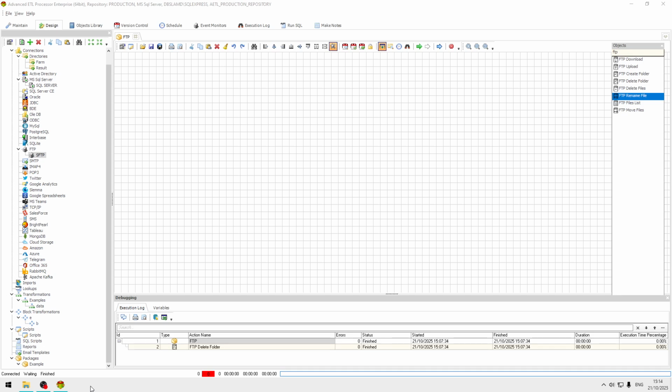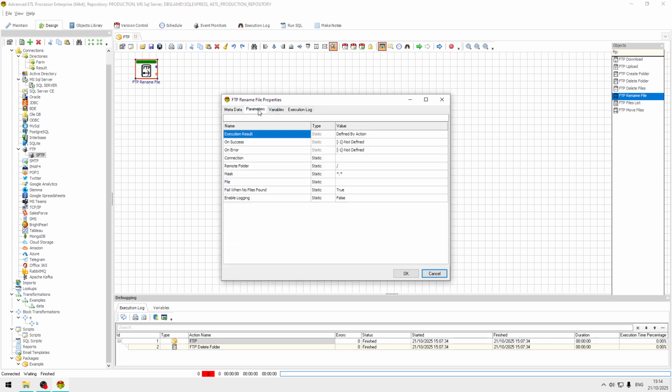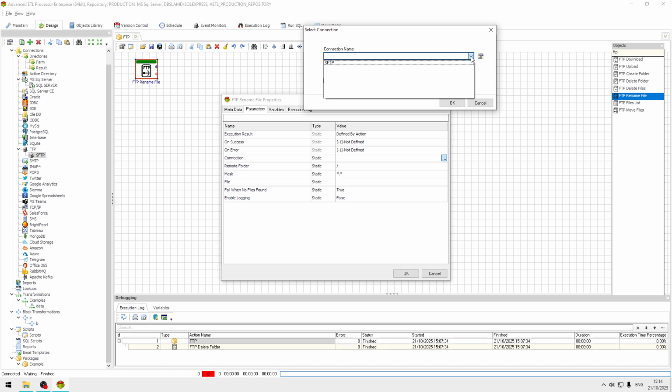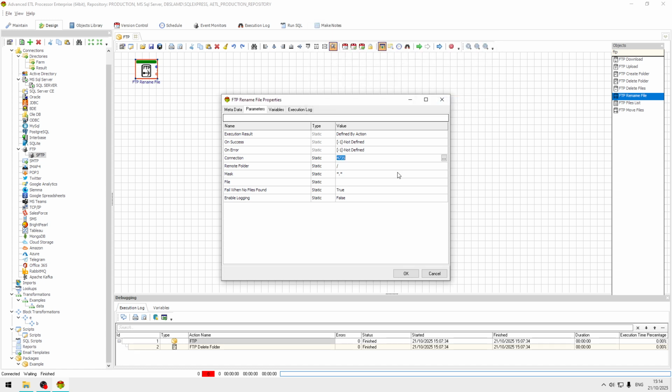Let me show you how to rename the file on the FTP server. All we need to do is to drag and drop FTP rename file action, select connection, select the folder,